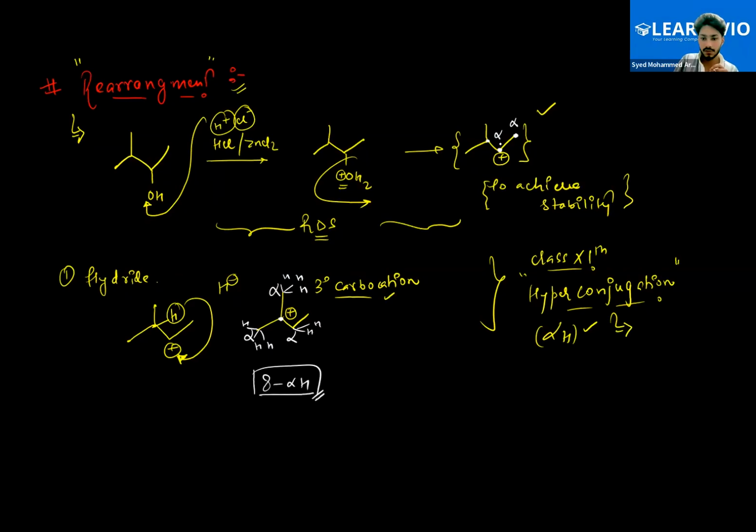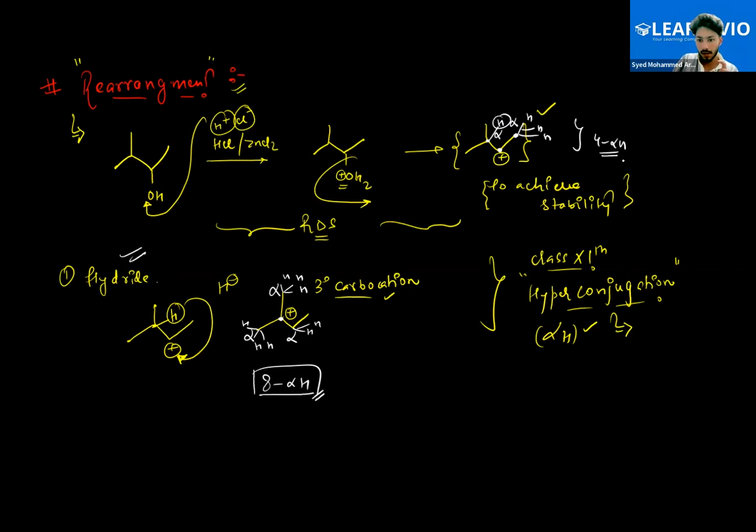Now let us count the alpha H here. So I am having 2 alpha carbons. Now this 3-degree alpha carbon has only 1 alpha H, because the other 3 valencies are filled with other carbons. And here I am having 3 alpha H again, because this carbon is a 1-degree carbon and one valency is filled with the other carbon. So 1, 2, 3, 4. Here also 4 alpha H are here. So if you see that